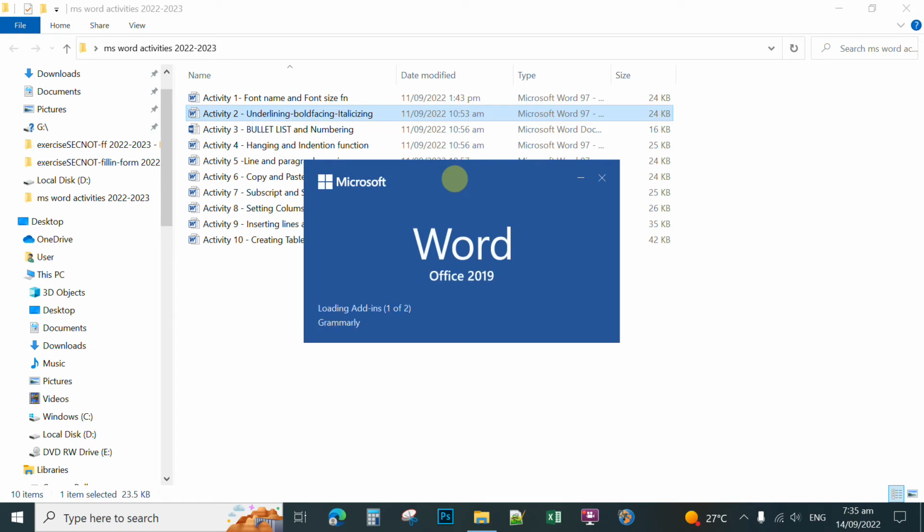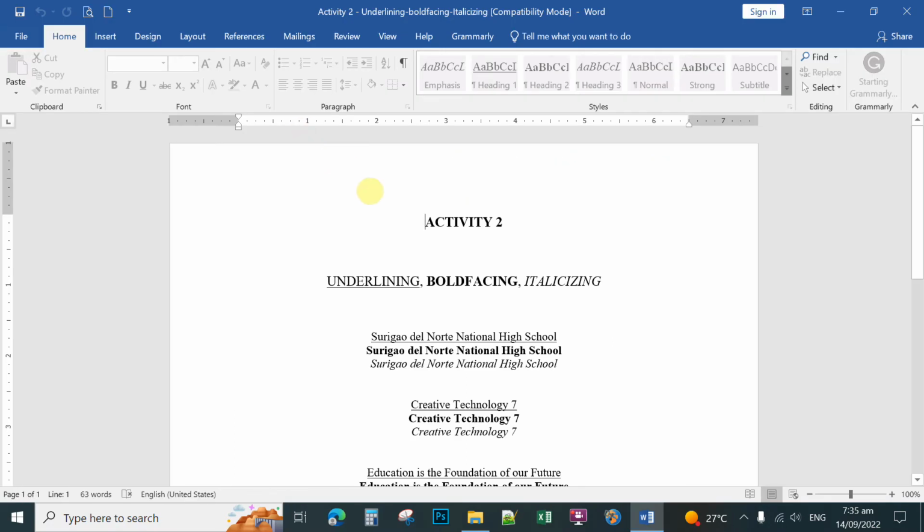Just wait for the Microsoft Word environment to appear. After opening this activity, this one is your guide. I have already set up activities 1 to 10 in Microsoft Word. This is your activity guide. You cannot erase it because I have locked this activity, and you cannot copy and paste